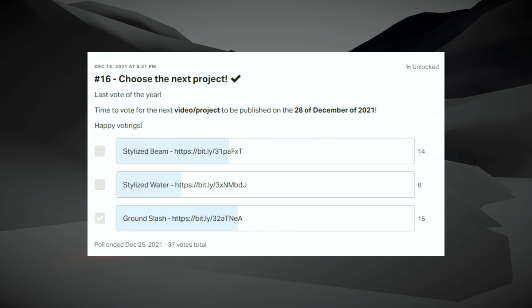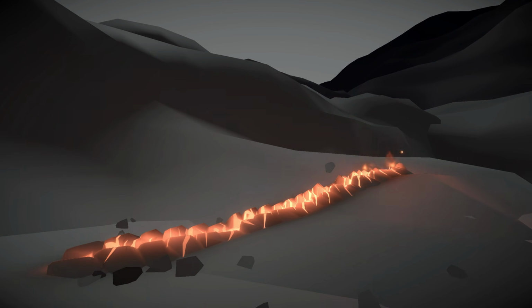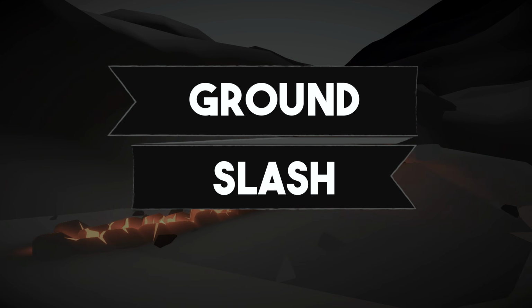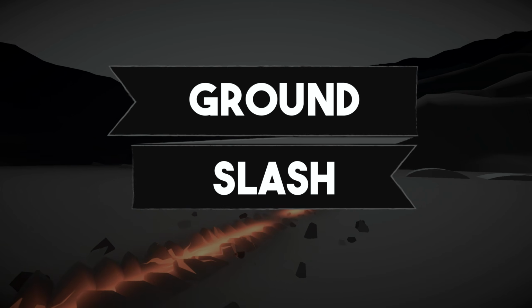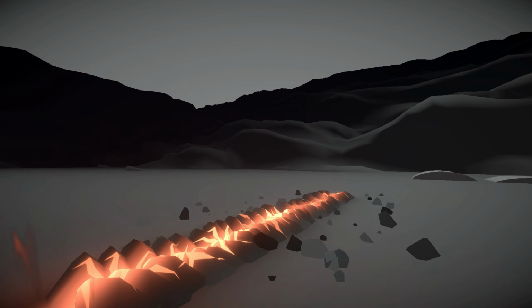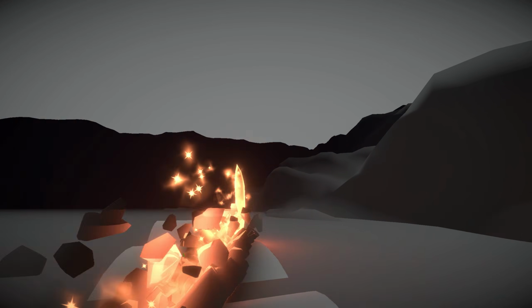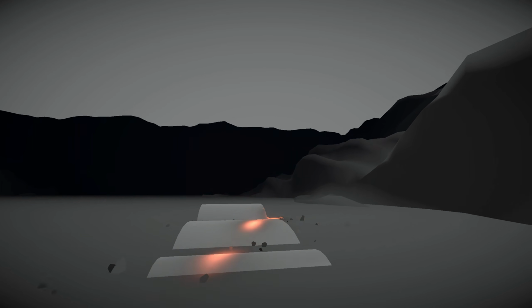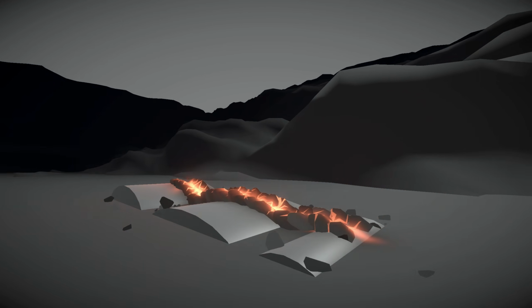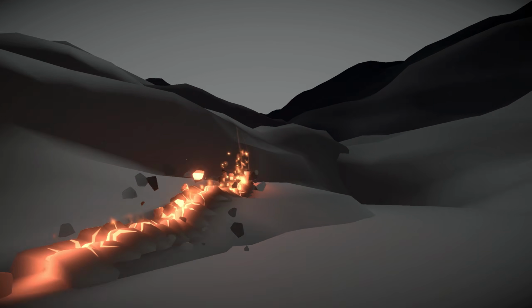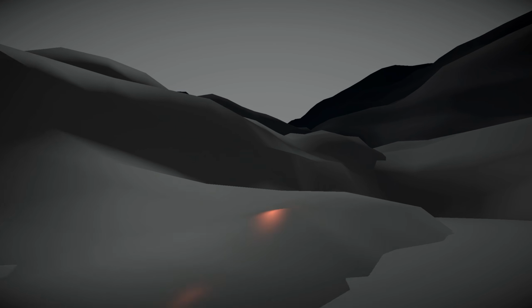And once again my patrons voted and we are going to see something crazy, which is how to create a ground slash. The idea is that this pierces to the ground, opening up the ground with a slash. And the cool thing is that this will adapt to any terrain, to any ground below it. Cool, right? This is a very complex technique, but I tried my best to explain you the basis, so I